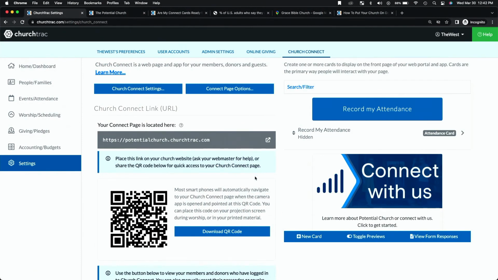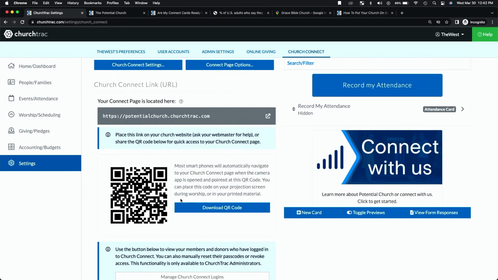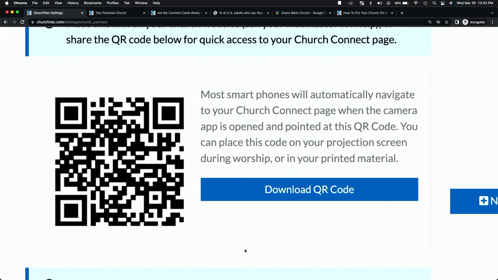Danita Harris is asking, can ChurchTrac be used with a QR code for a digital Connect card? Yes. So we actually provide you with a QR code, Danita. So if you go to your settings on Church Connect and pull up all your options there, we have this QR code we provide. And in fact, if you feel like looking at our Church Connect right now on your own cell phone, I'll just pull it up there so you can scan it with your cell phone camera and check it out. But yeah, that QR code, you actually click that download button right here, and you download that